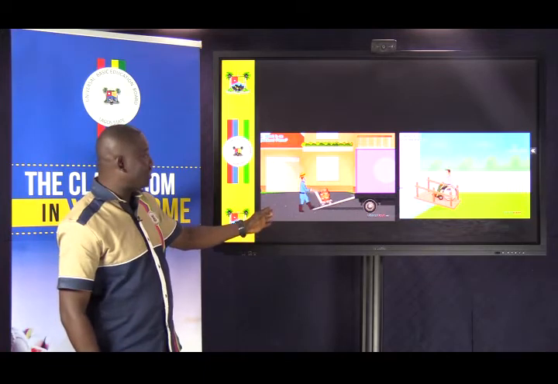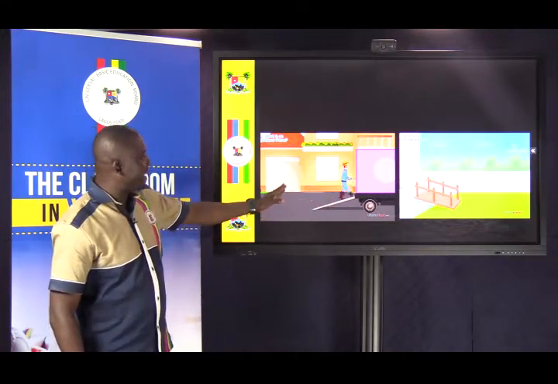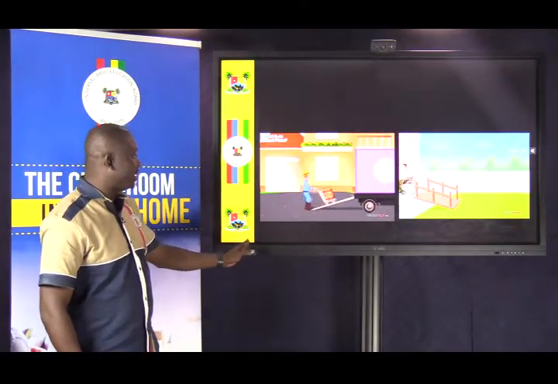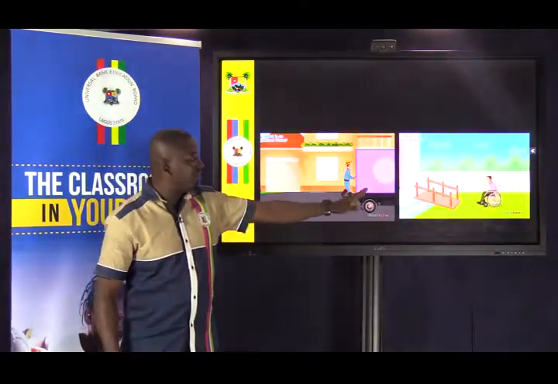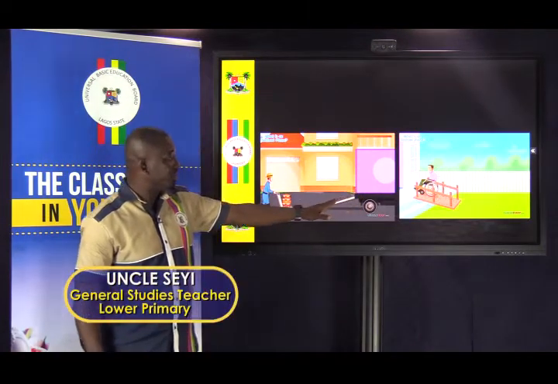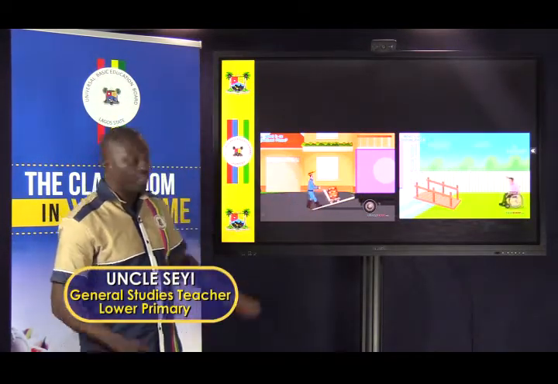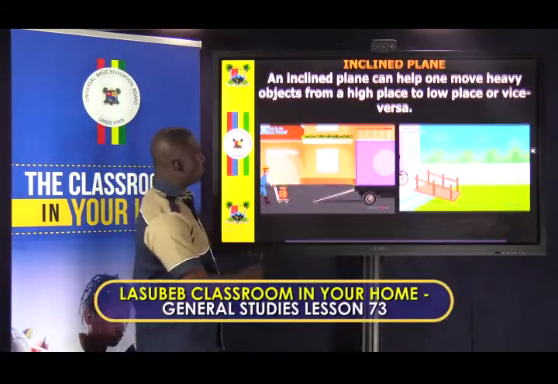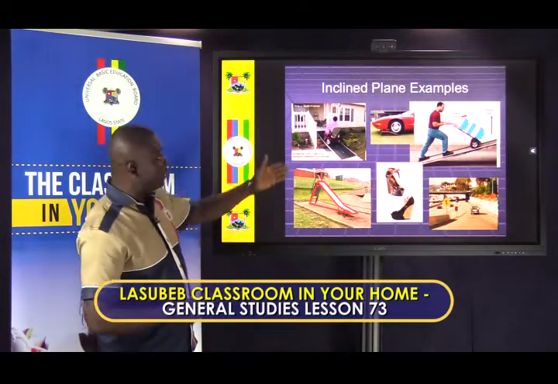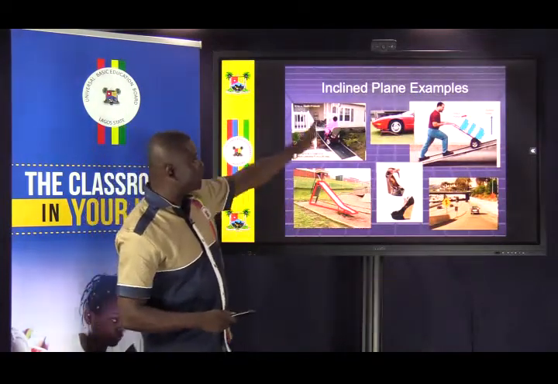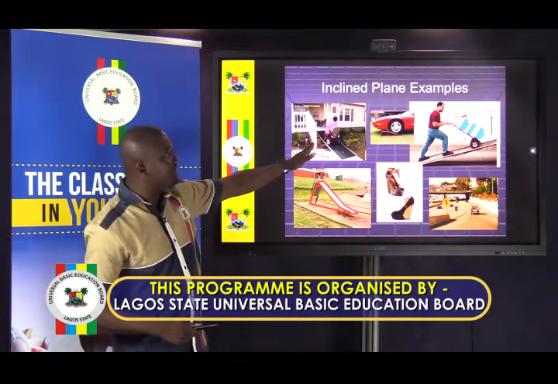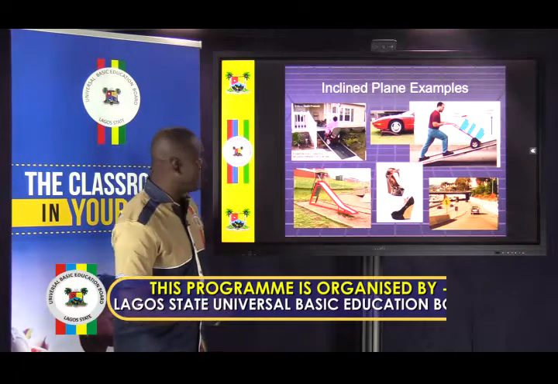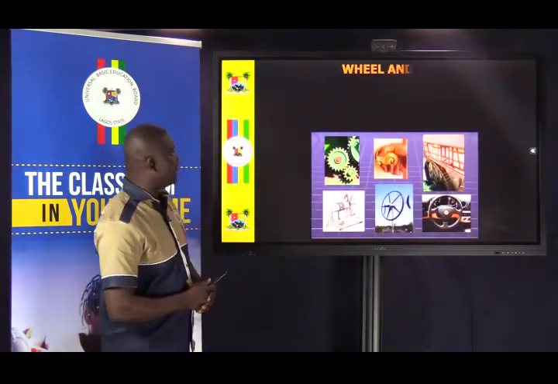And he's using the inclined plane to climb to a higher region. If you also track the screen on this side, you can see this firefighter moving some materials from a lower region into a higher region, into the lorry, okay, into the truck. Can you see that? All right. Okay, let's move on. So examples of inclined plane, if you track the screen, you can see the ramp on the wheelchair. Okay, can you see that? All right, well done pupils for tracking the screen.